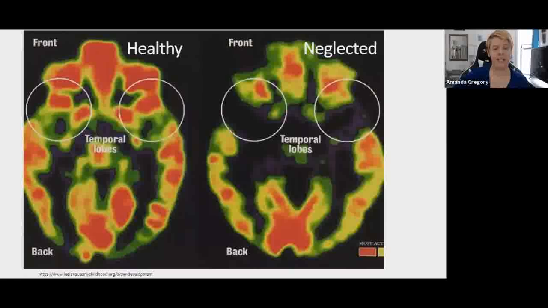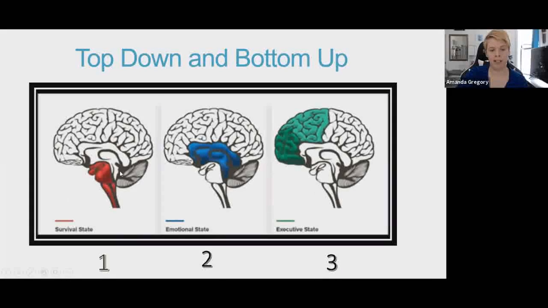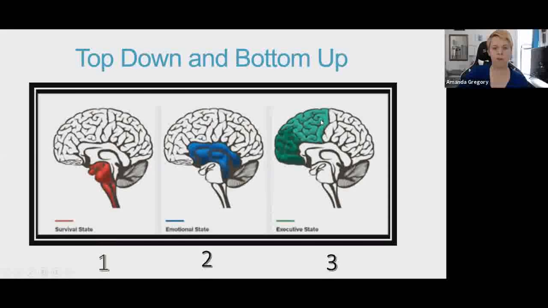Now, let's go back. So that's top down. So bottom up. Now, bottom up approaches are a little bit of the new kids on the block. They've been around, but not as much as the top down. So with bottom up, we're focusing on here, the survival state, and also at times this emotional state, so that we impact the executive functioning. So with those bottom up approaches,